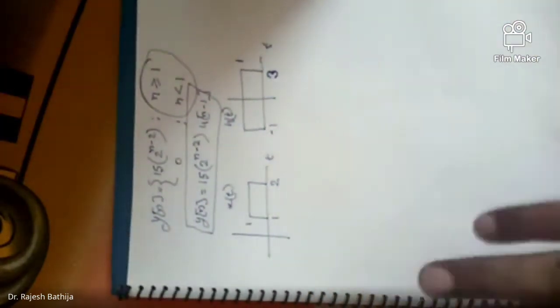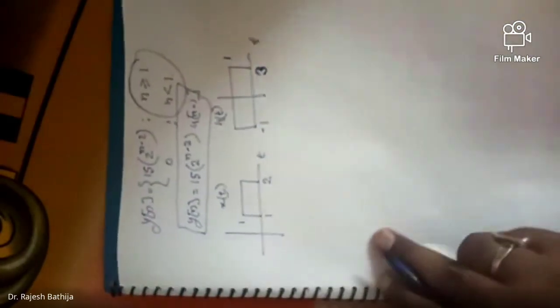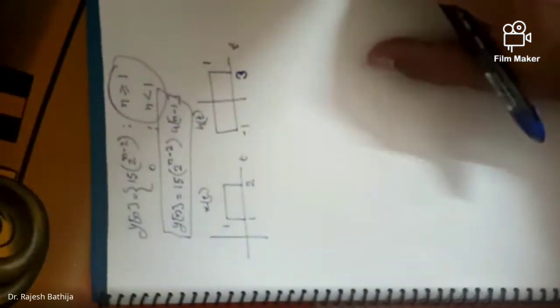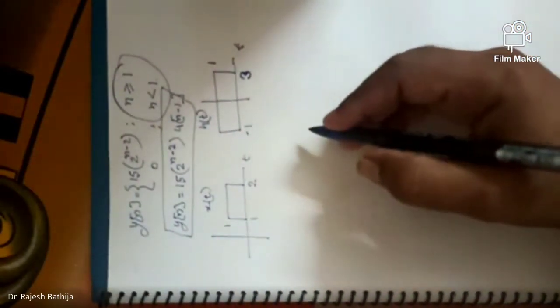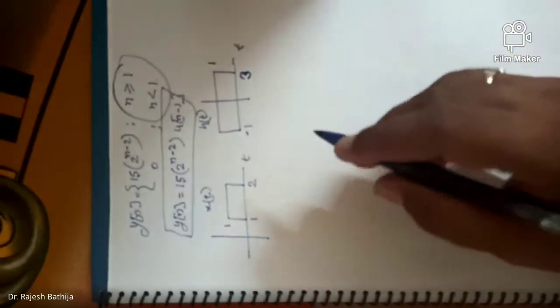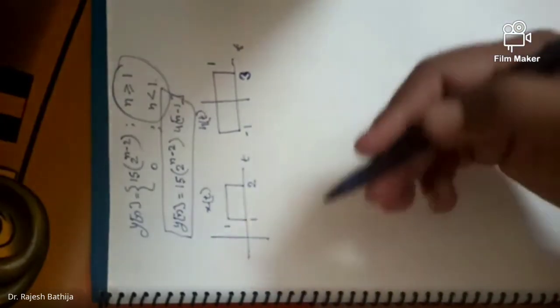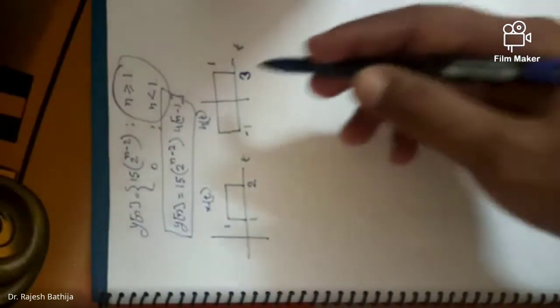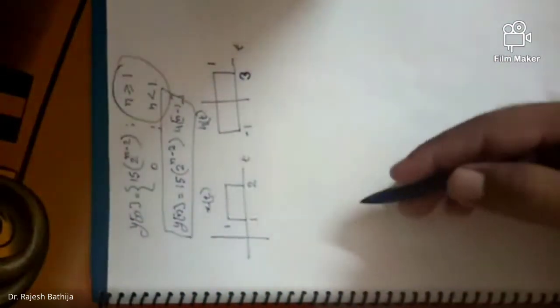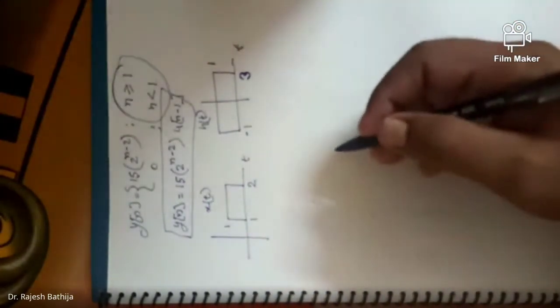Now, because it is a continuous time case, I cannot use the matrix approach here. Only the graphical approach is used for the continuous time case. In discrete time, if the length is finite, less than or equal to 5 or even less than 10, we can do it with the matrix approach. But if it is greater than 10, or if it is an infinite length signal, or if it is a continuous time signal, then only the graphical approach is there to find the convolution.